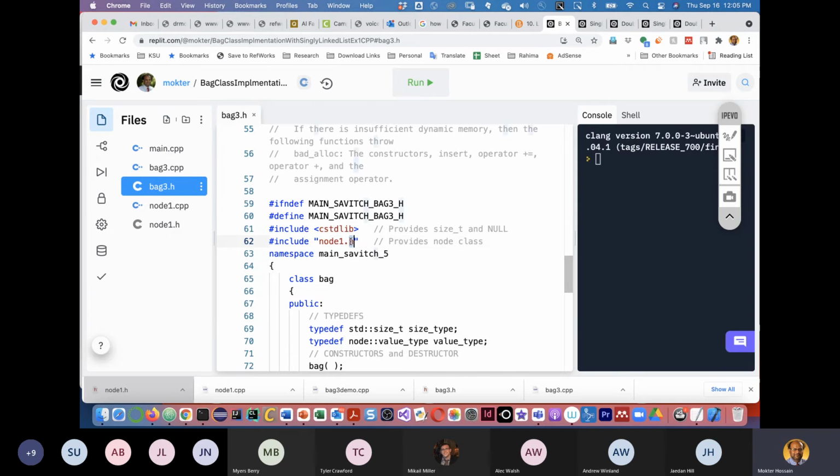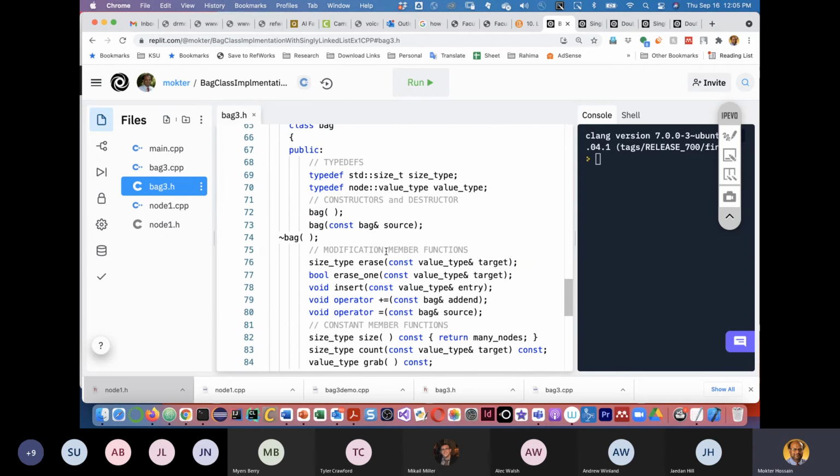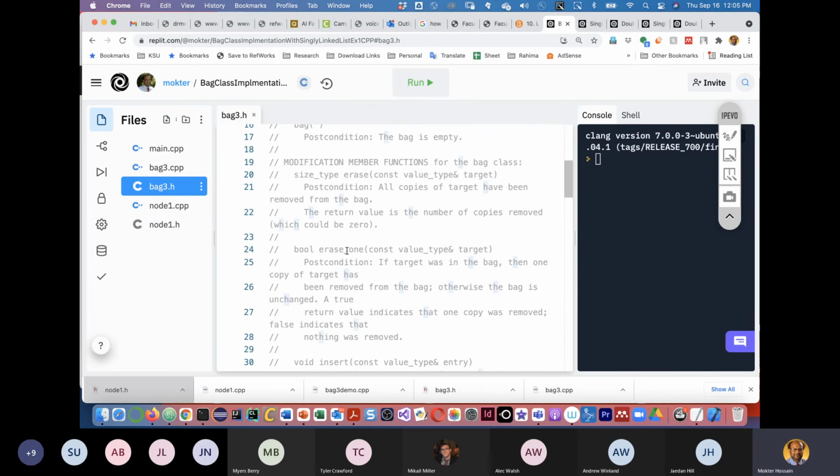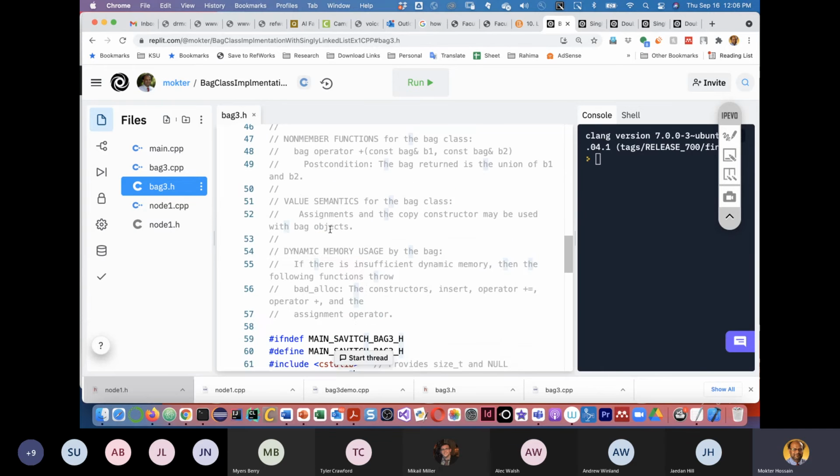So you see, once you include node1.h, your task will be simpler, because you are calling the entire function over here, all functions, all classes, because there is only one class over here. Okay,